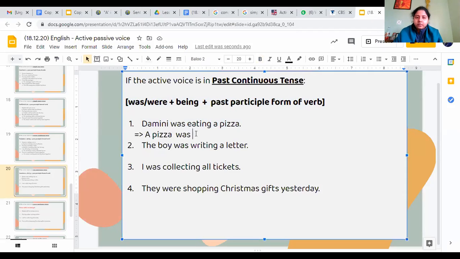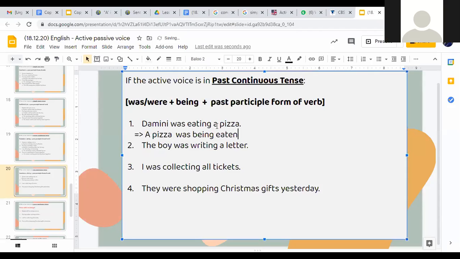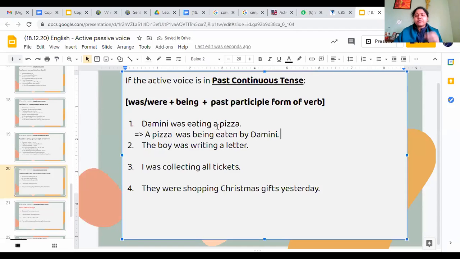Go on, Amay. अभी what we are doing कि verb का ऐसा change होगा, we will use either was and were, फिर being लगेगा and then the third form of the verb. ठीक है, यहाँ पे हमने object कर दिया है आगे a pizza, was लगा दिया, उसके बाद क्या आएगा? Being. Very good. Then third form of the verb, so eating का third form, eat का third form, eaten. Then eaten by Damini. Very good. Thank you so much, Amay. Like this, if you do step by step systematically, गलत नहीं होगा फिर. All right. Second का answer, Anand, please unmute and start answering.